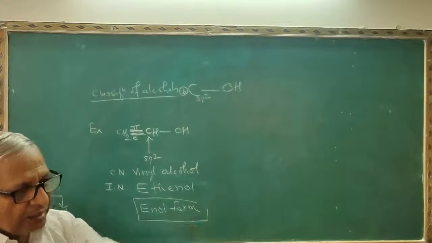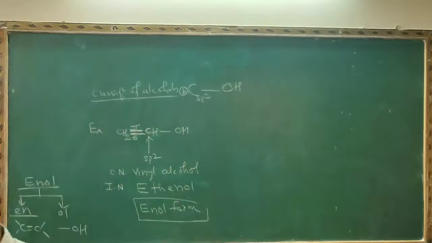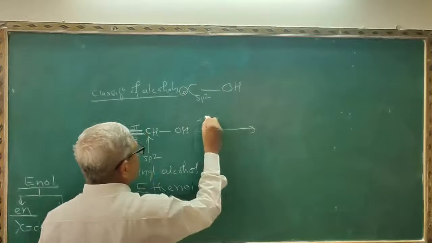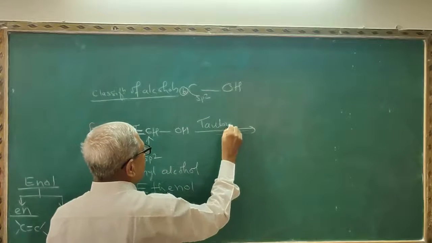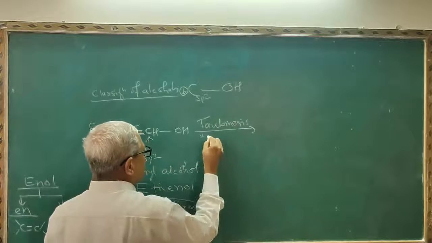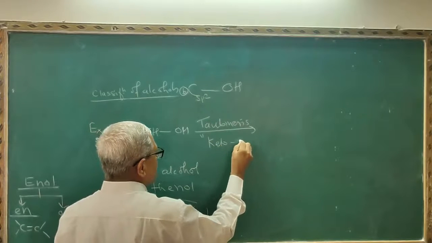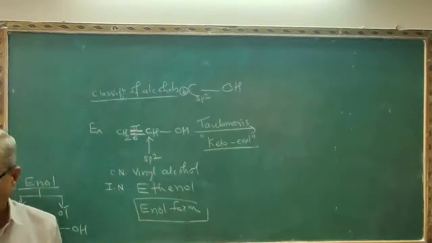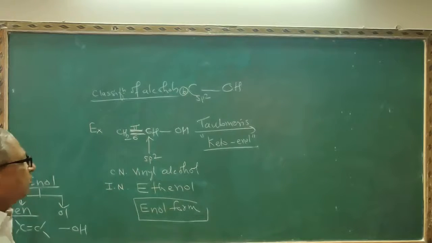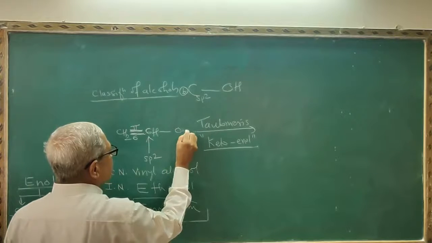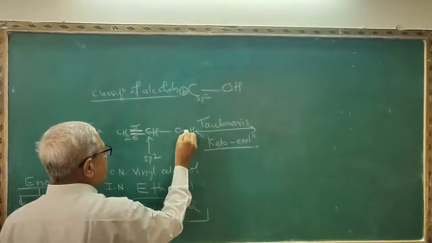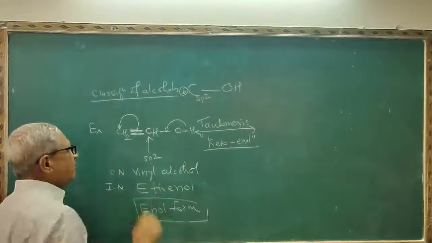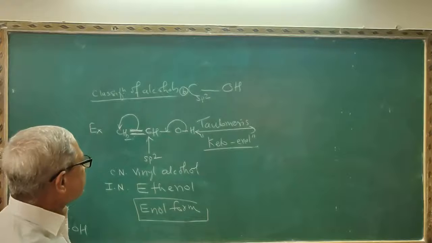In 11th standard, you learn the basic concepts of organic chemistry. In that, you learn the term tautomerism, and this will undergo keto-enol tautomerism. See, this is the enol form. This can be converted to the keto form. This OH group can also be written in this way. You can just shift this one here and this one here. Therefore, you will get the next structure here.